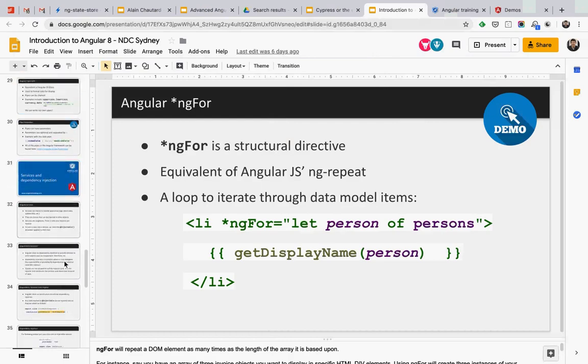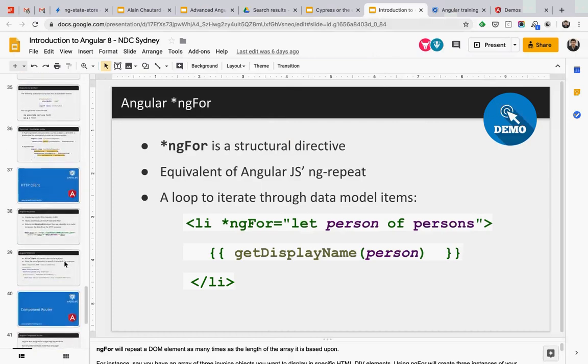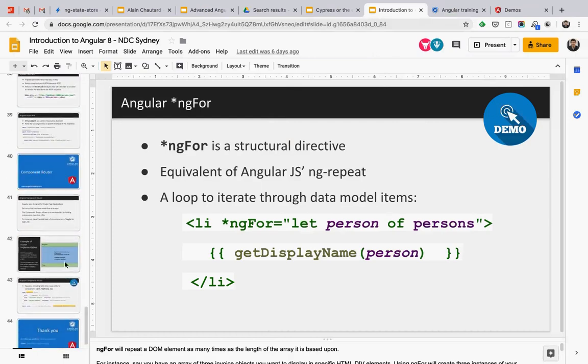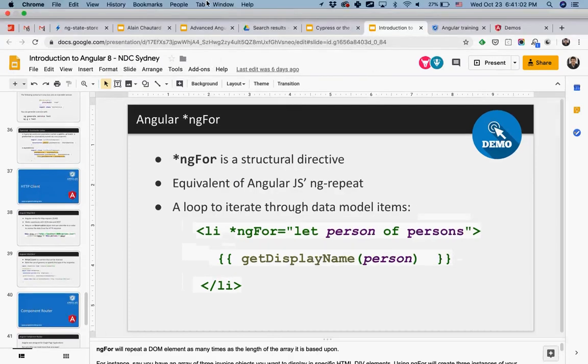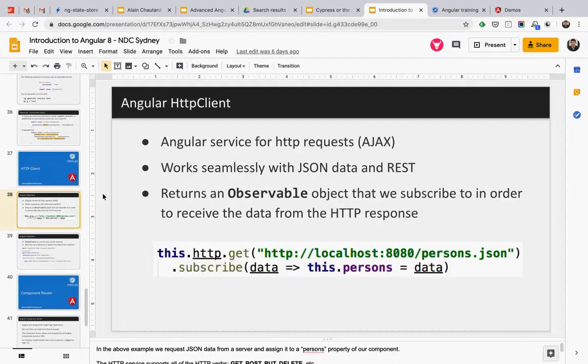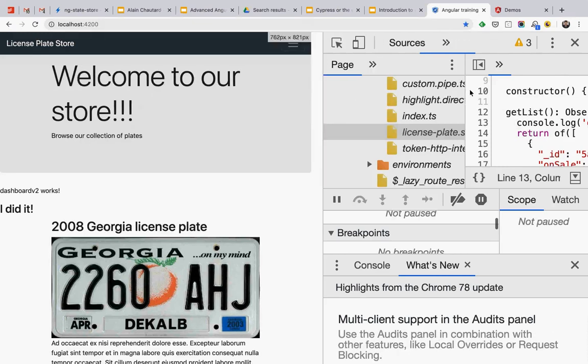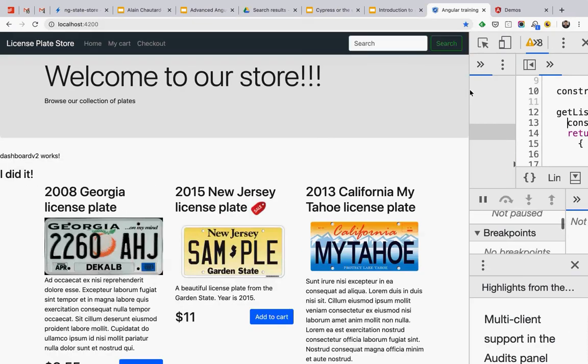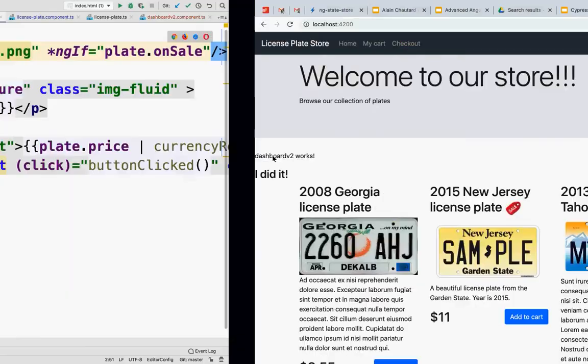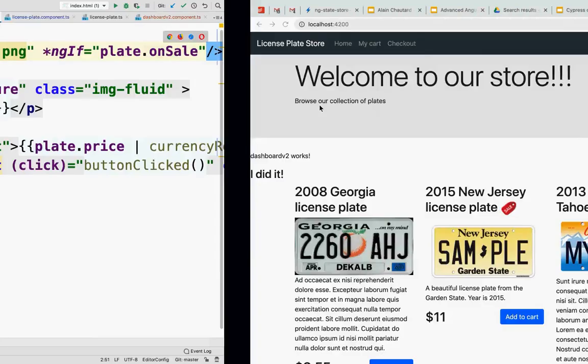Let's see. Maybe I can showcase one last thing on Angular before moving on to Cypress. Because everything I've showed you so far was client-side. So we have this store now that's running, but it's not getting data from a server. It's all running in the browser right now, and the data is hard-coded, which of course is not very realistic. So in real life, we would make a request to a server and get the license plate displayed here. So let's do that very quickly.